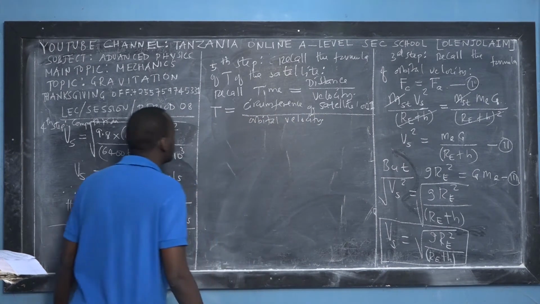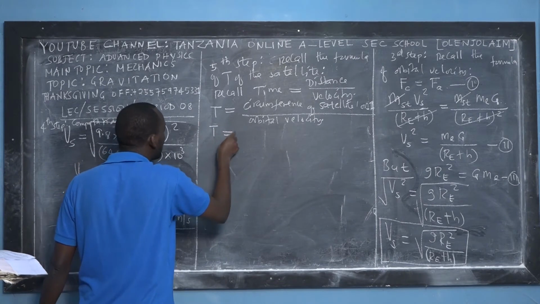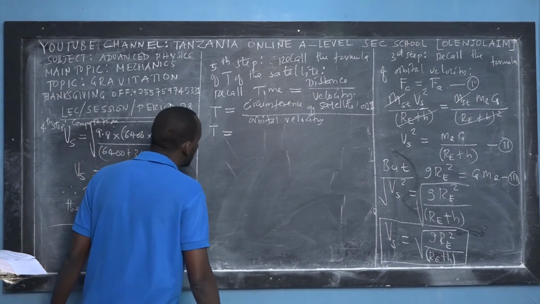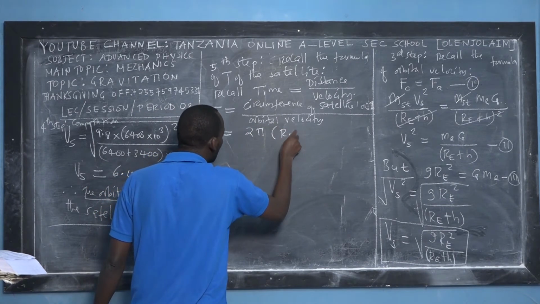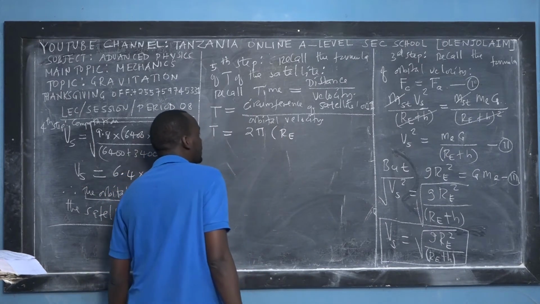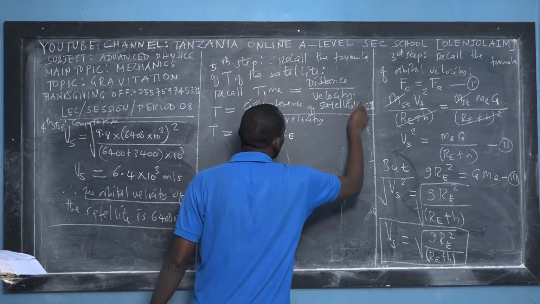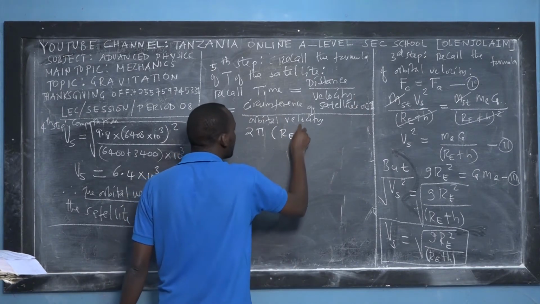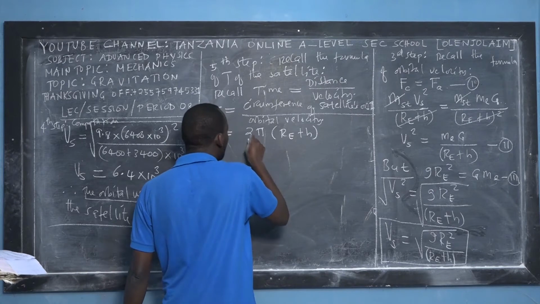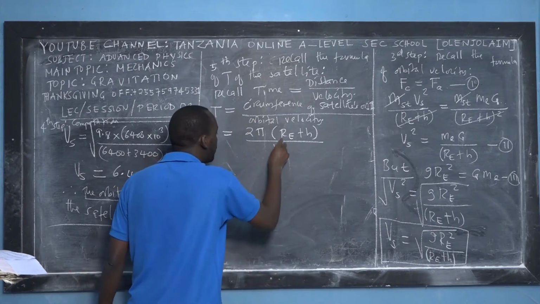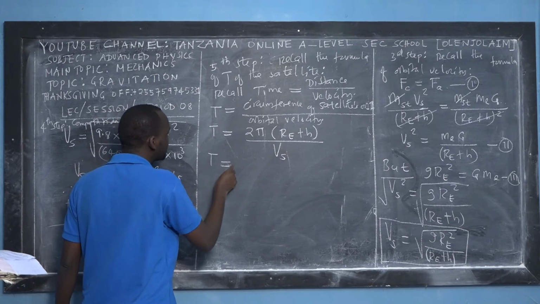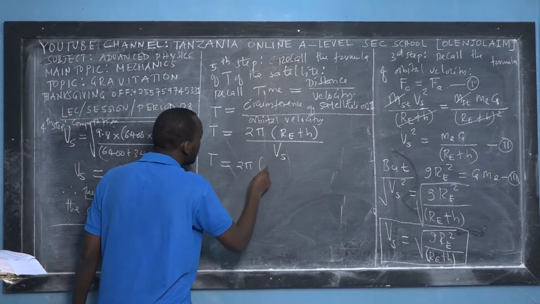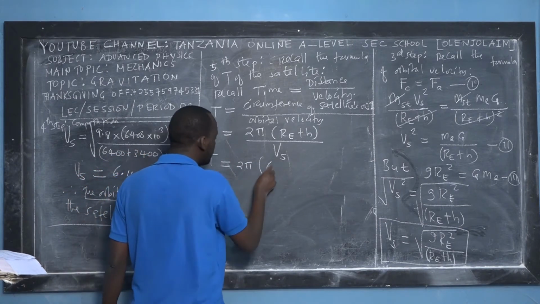Divided by orbital velocity. So the period of the satellite is equal to the circumference of the satellite's orbit divided by the orbital velocity. The circumference of the orbit is twice pi times the radius of the Earth plus the height above the Earth's surface. So the period of the satellite is equal to twice pi, then the radius of the Earth is